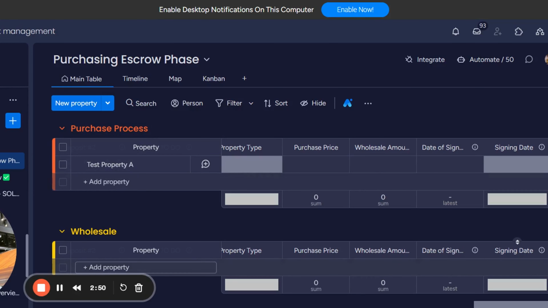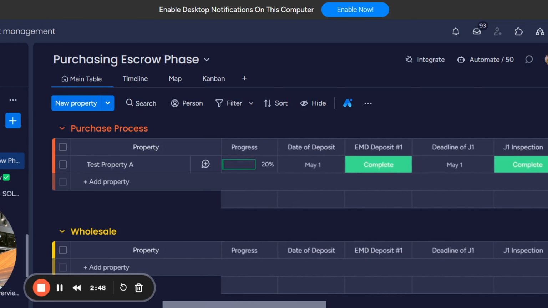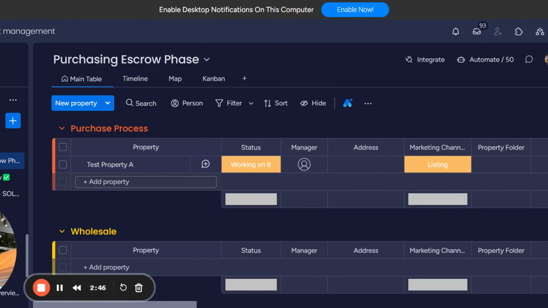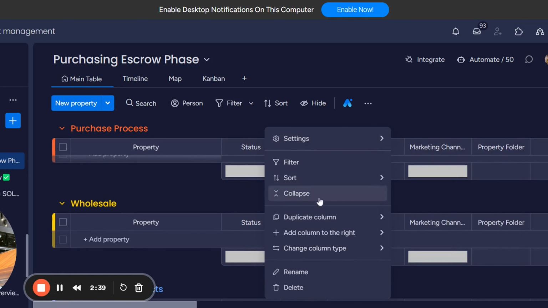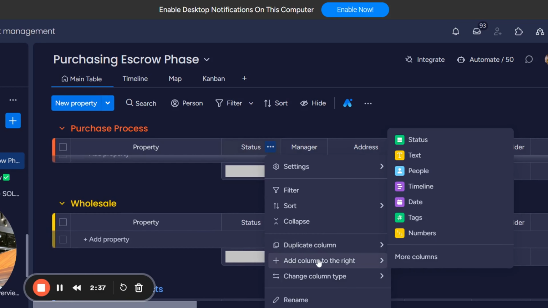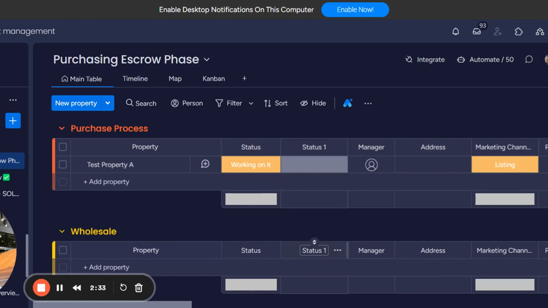So this is the very first part of this workflow. The very first part of it involves a status. After the status, you have a manager. So this is a person. And how I created this was adding columns right here. So as soon as you add a column, I can add a status column right here, you will see that